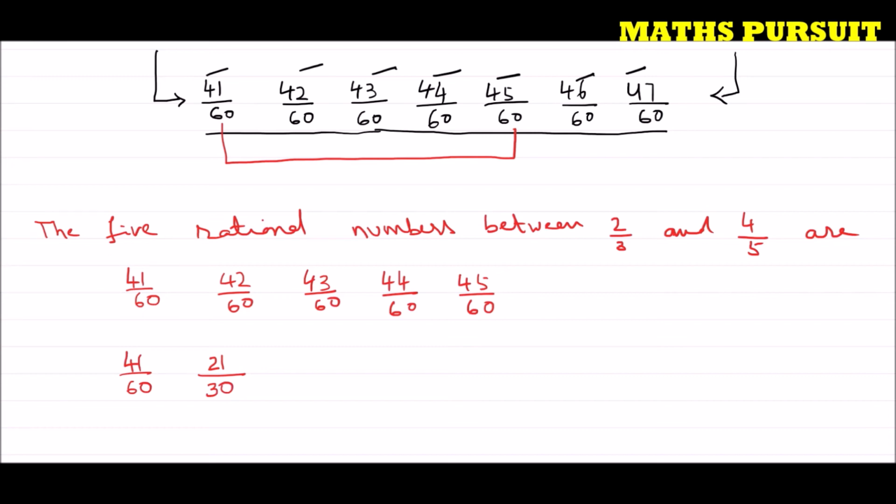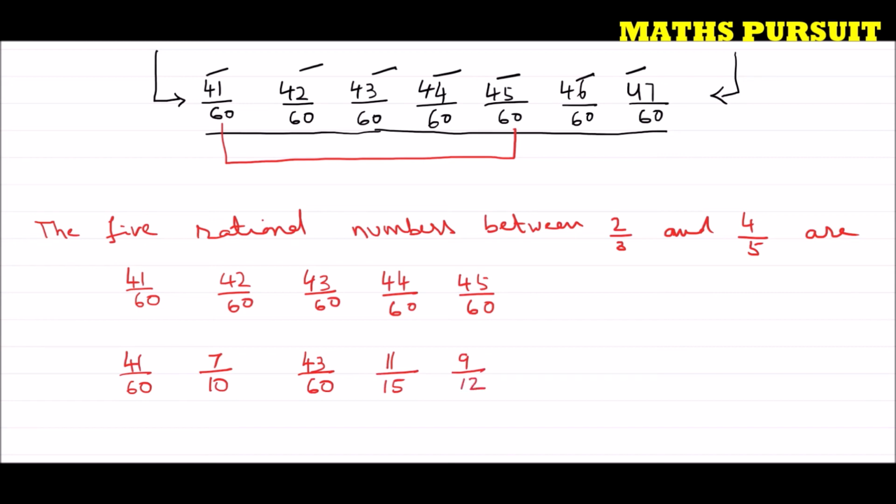Or we can also write it as 3 7s are 21, 3 10s are 30. In other words, 6 7s are 42, so 7 upon 10, 6 10s are 60. Then 43 upon 60, let us keep it as it is. Then 44 upon 60: 4 11s are 44, 4 1s are 4, 4 5s are 20, 60. Then 45: 5 9s are 45, 5 1s are 5, 5 2s are 10.